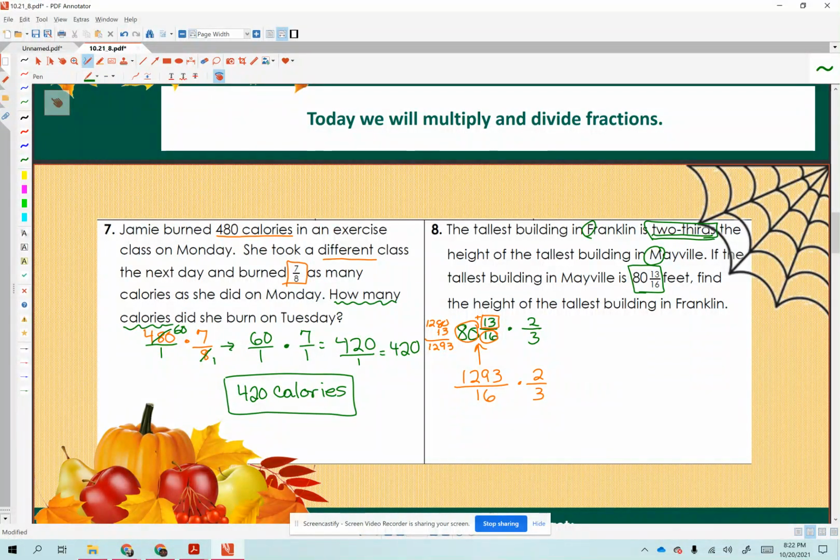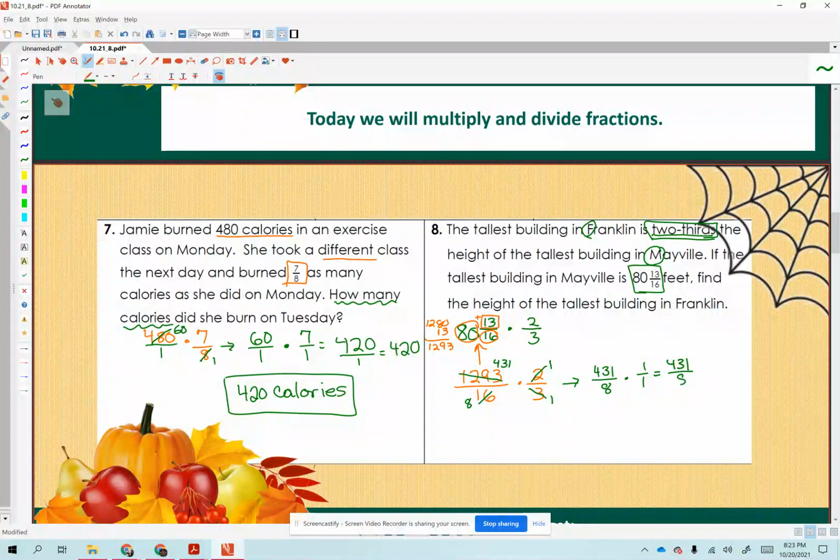So let's simplify. 2 divided by 2 is 1, and 16 divided by 2 is 8. 3 divided by 3 is 1, and 1,293 divided by 3 is 431. You can use a calculator to help you. So as we rewrite this problem, we have 431 over 8 times 1 over 1, which equals, of course,